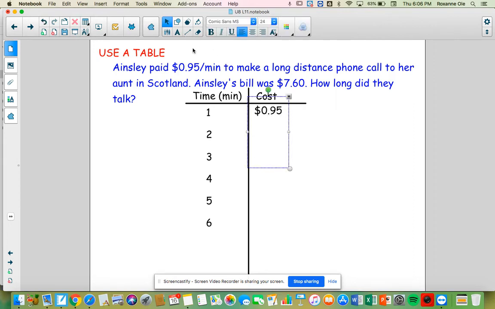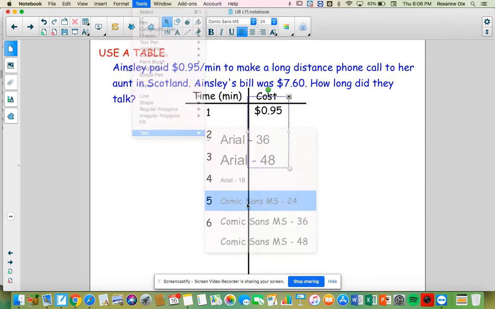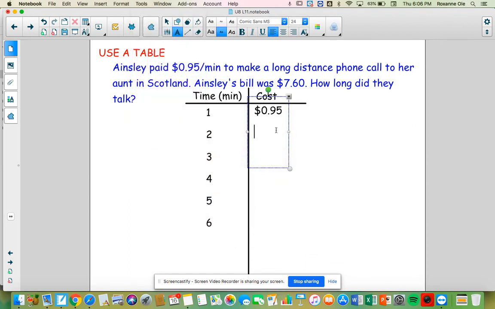How much would it cost for 2 minutes? Well, you'll have to add 95 plus 95, and you're going to get $1.90. What about 3 minutes? Add on another 95 cents, and you're going to get